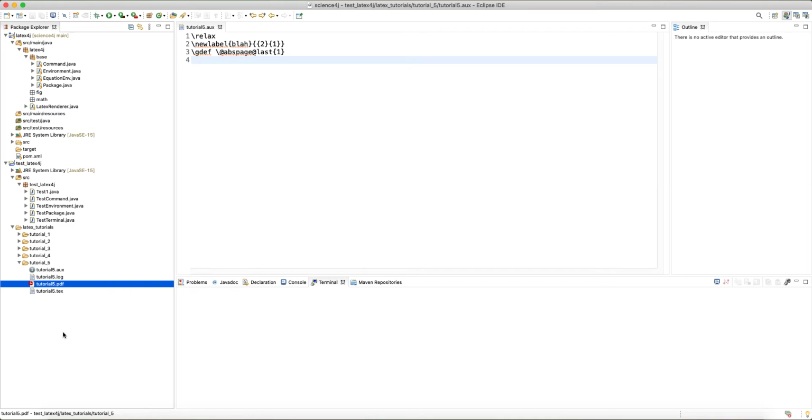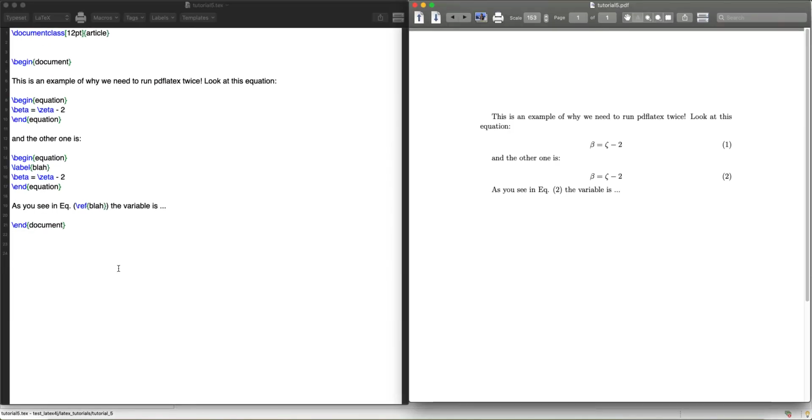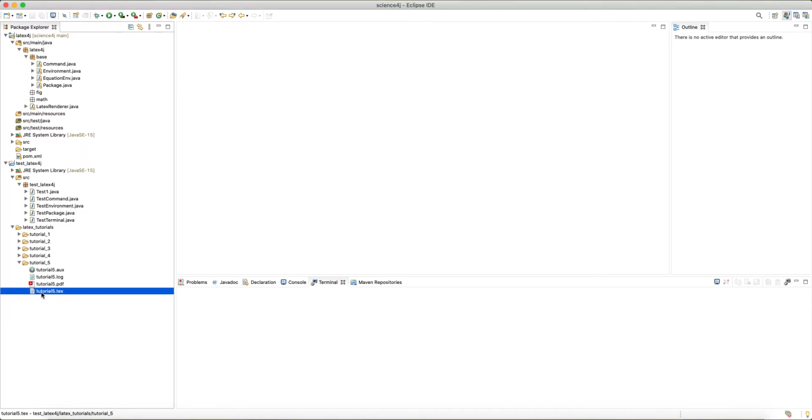So usually for generating a table of contents and adding that to your PDF, you probably need to run PDF LaTeX 3 times. The first time to generate the auxiliary file, the second time so that the table of contents is generated and saved as a separate file in your folder. The third time, PDF LaTeX grabs that result, that table of contents, and puts it inside your PDF. And we will definitely look at the table of contents in future lectures. But right now, let me just open this text file with the